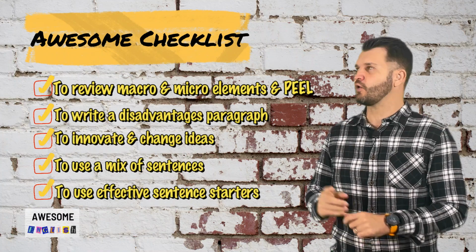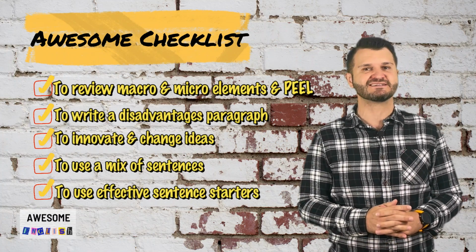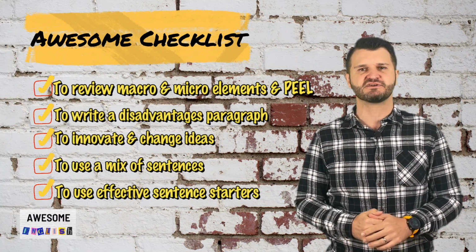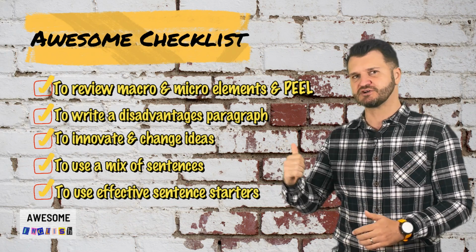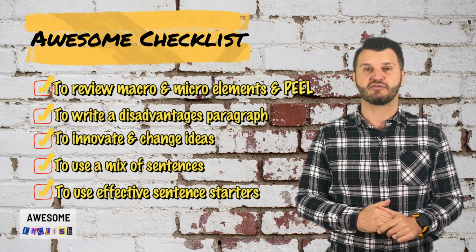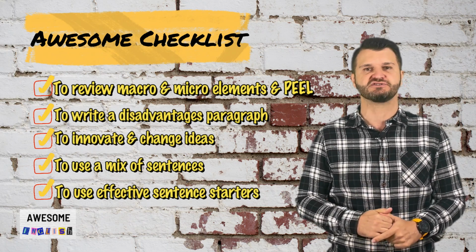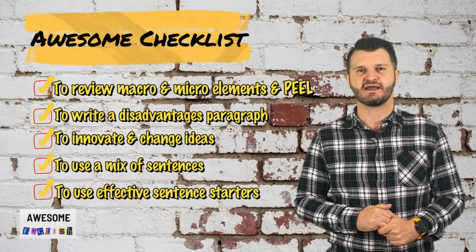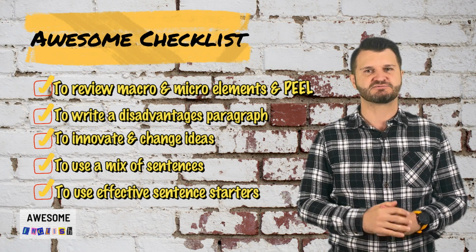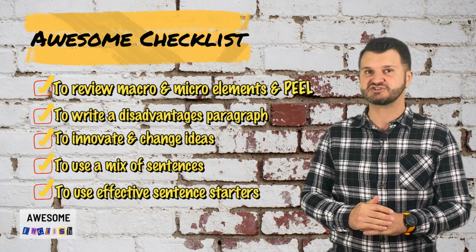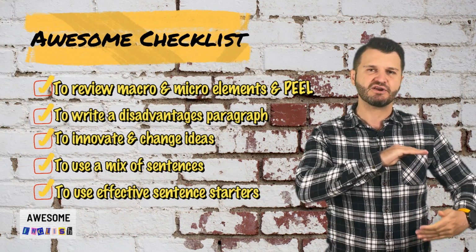Okay, welcome to our awesome checklist for today's lesson. These are the learning objectives we want to achieve. It's our roadmap to success. So the first one is to be able to review the micro structures of a discussion essay and to use the PEEL strategy. Okay, our next one is to be able to write the disadvantages paragraph for the body section